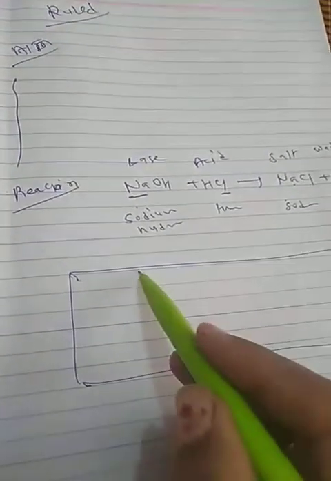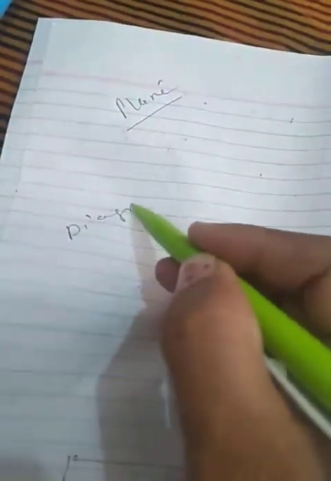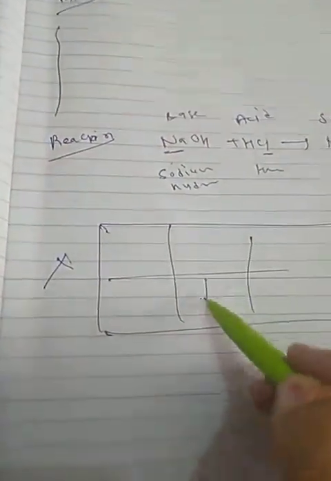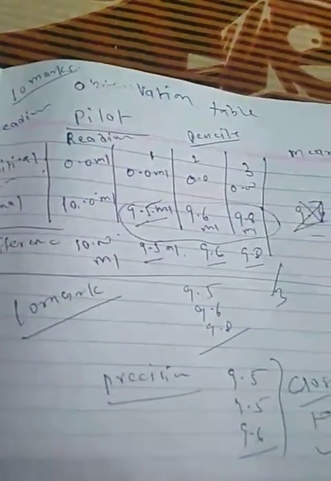Okay, so you can make this observation table on this side, not here. And for the first time, you have to draw the diagram, only for the first iteration, not afterwards. If you want to take a full page for the diagram, you can draw the diagram on the blank side and make the observation table here. But the reading should be written only in pencil, as I taught you. So I hope you are following. In the next lecture, I will show you how to calculate. Calculation in the next lecture.